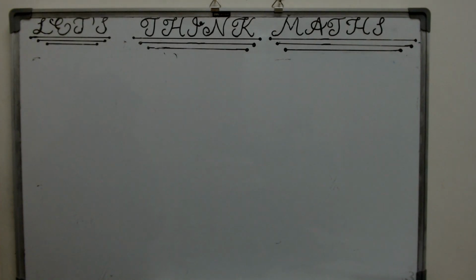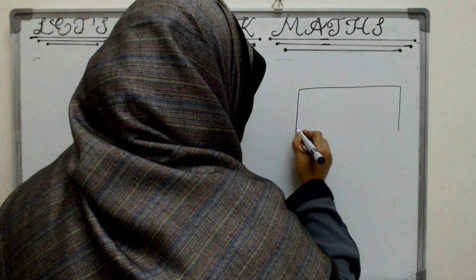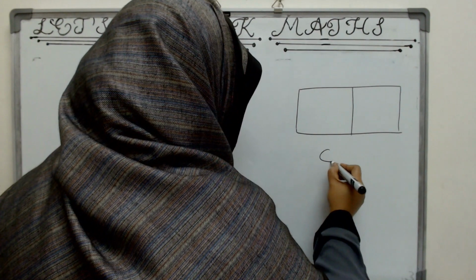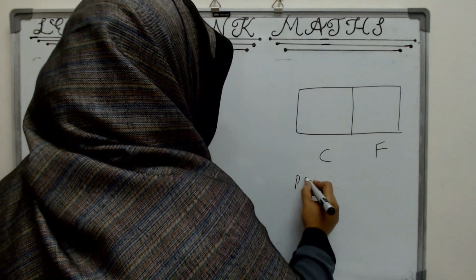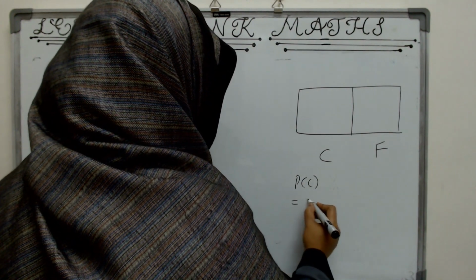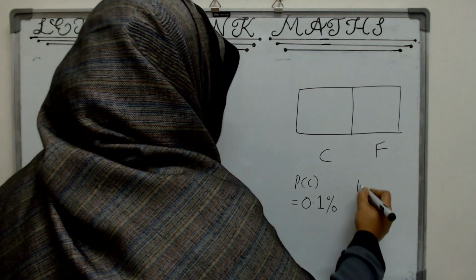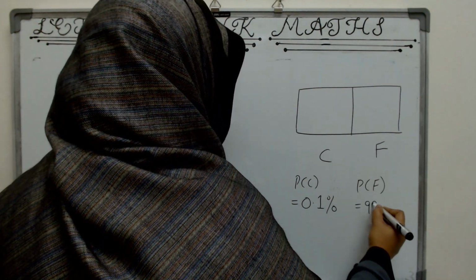our next question is about the reliability of a certain PCR test. We have a certain population, a town maybe. There are some people who have COVID and there are people who are free of COVID. The probability of people who have COVID is 0.1%. Then what is the probability that people do not have COVID? It will be